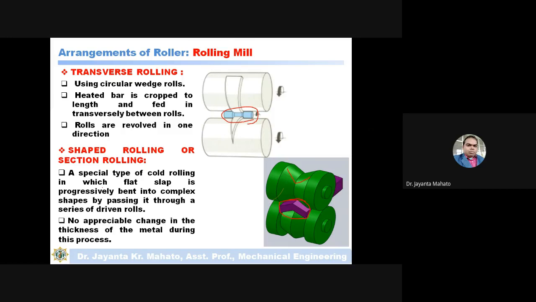This force is required to deform the material, and there is the geometry change from a slab to the final product. There is also a relation between the change of geometry: the volume of the material is the same. So before deformation and after deformation, the volume remains constant.